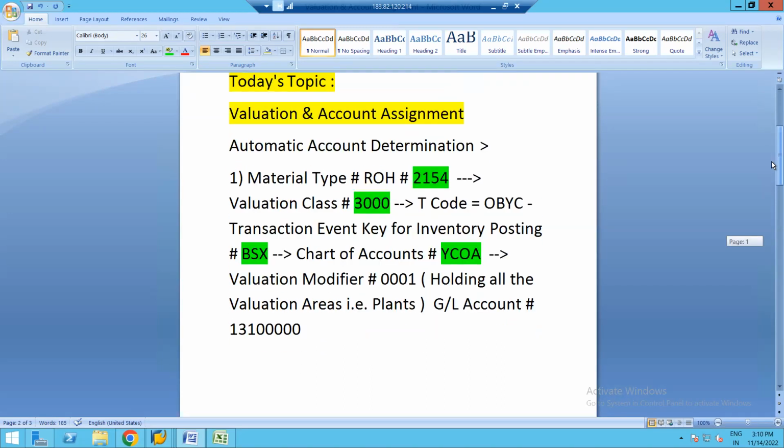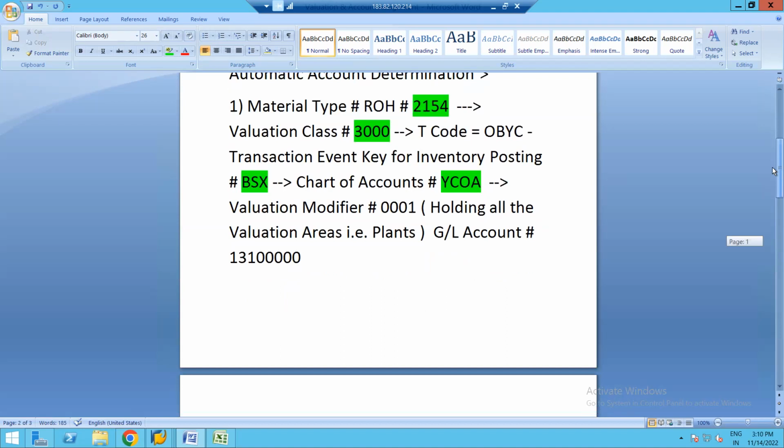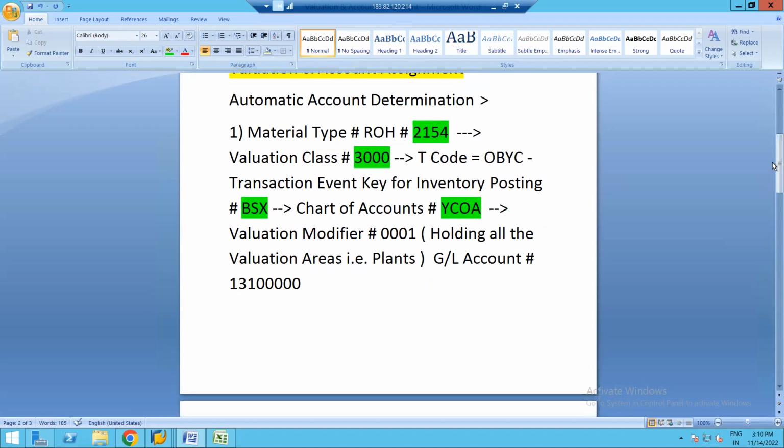Rajiv, one request. Will you be sharing these Word documents which you prepare while training? This Word document. Okay, so what I will do, let me just do one thing. I will share it in the,